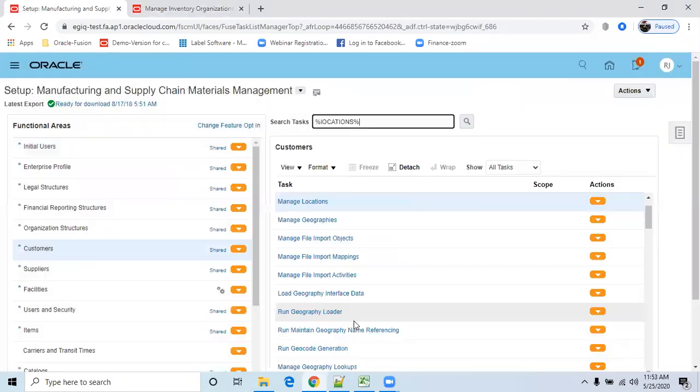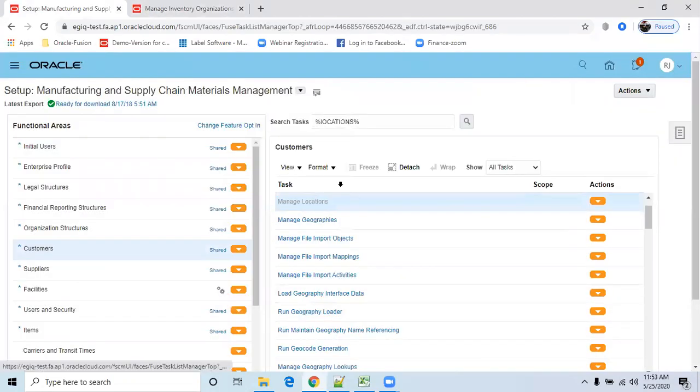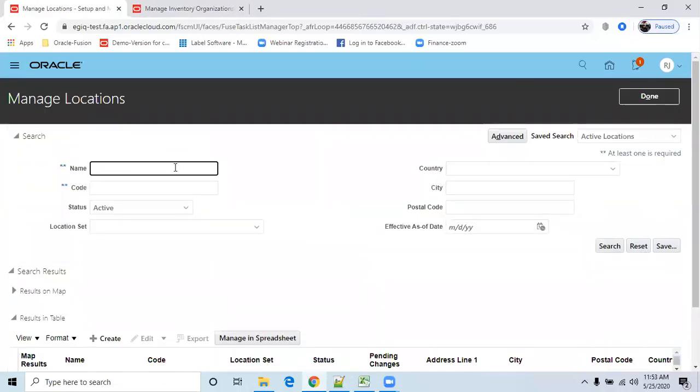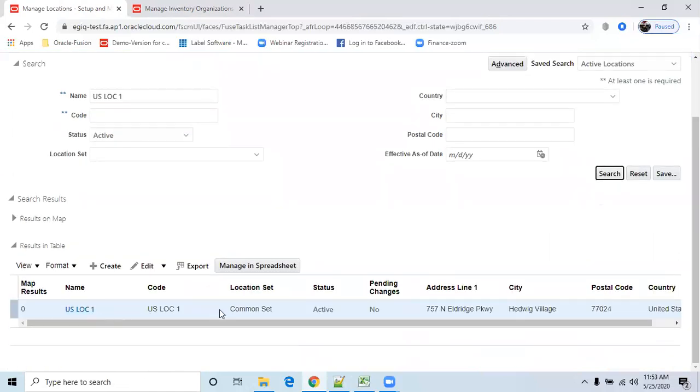So go back here. Provide that location code, so you can find that location here. Just edit this one, either update or correct. So go to correct mode.